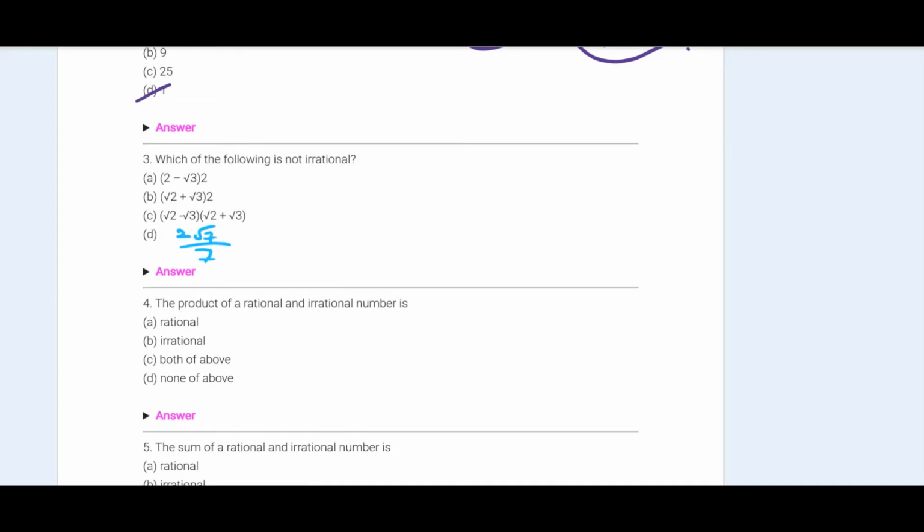Third question. Which of the following is not irrational? So if you look at the option B, it contains 2 minus root 3 by 2. Here root 3 is the irrational number. Even option 2 contains root 2 plus root 3, which are irrational numbers. If you look at the option C